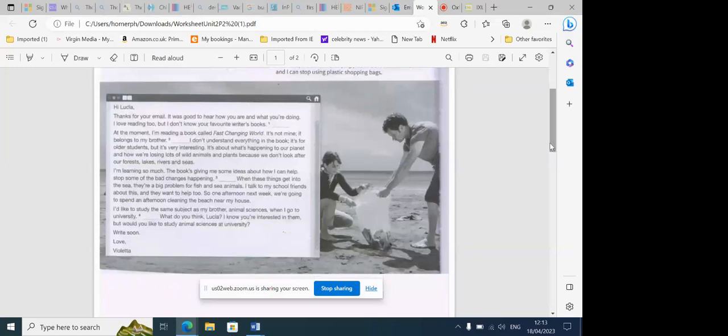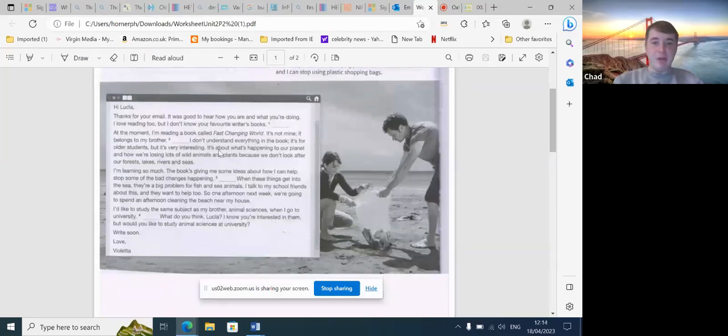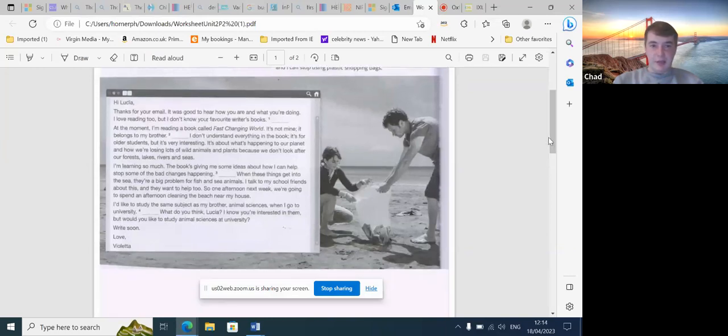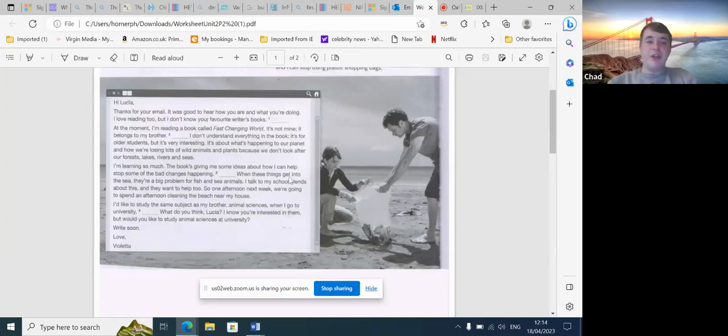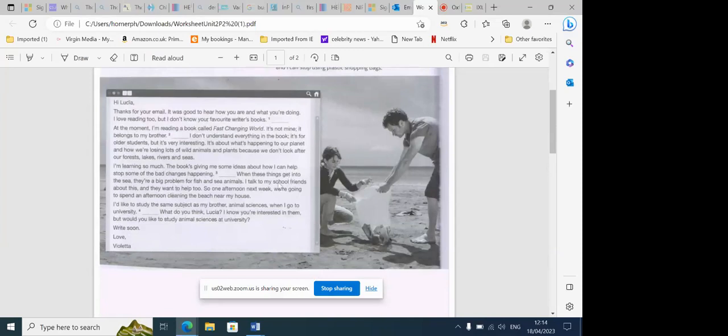The email? Yeah, the email. Hopefully you can see the email now. The email from Violetta. Oh, you mean the email that I do my homework? Yeah, I've got it on the screen now. I'm screen sharing it now, Min. No, but I do on the other device. Okay, I'm just going to stop sharing my screen for a second. Right, Min, I just want to check. Are you turning your camera on? The session's going to be recorded. Yeah. Okay. Lovely.